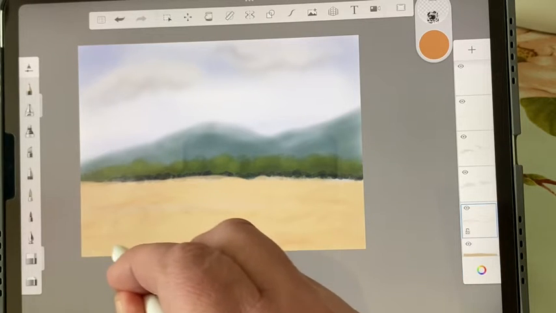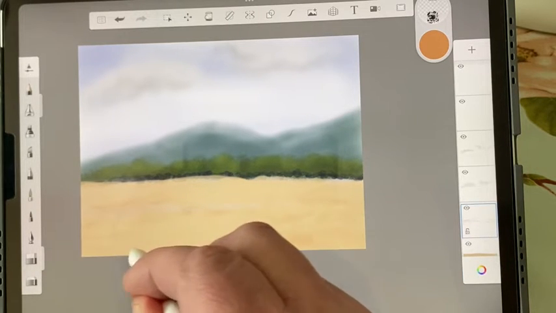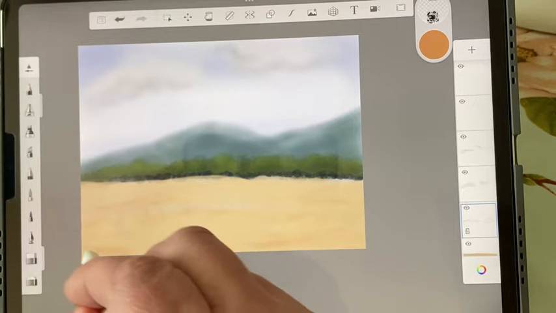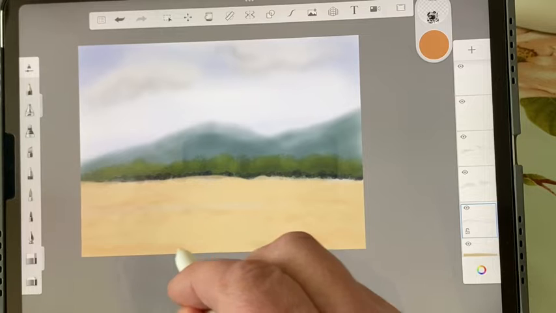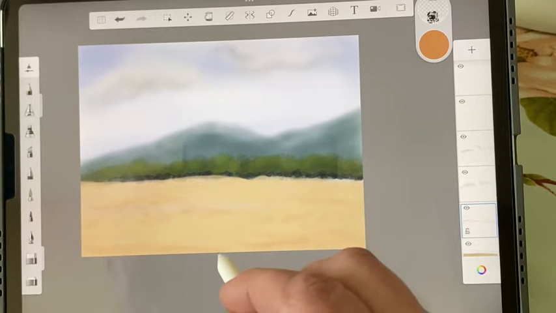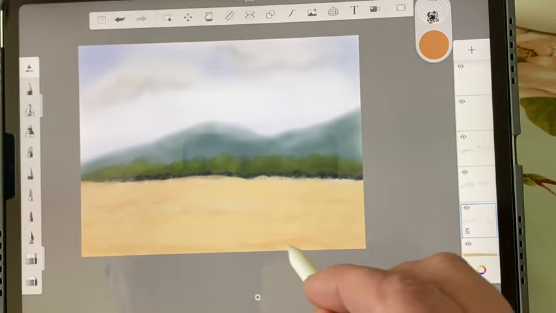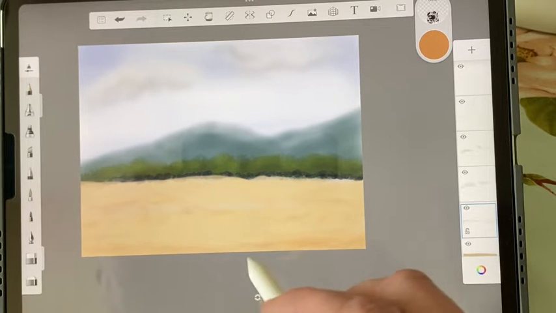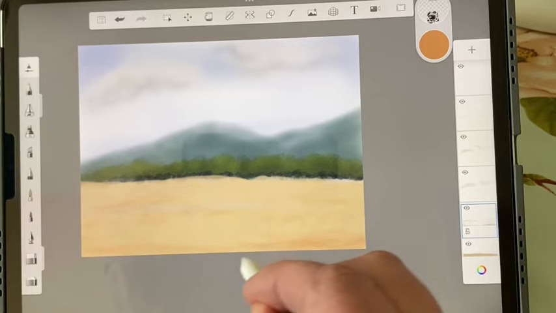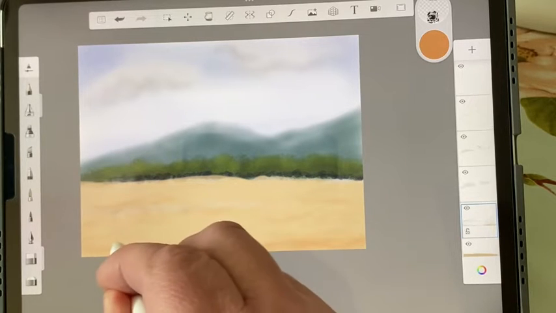So you can kind of see that although I'm closer and my opacity on the brush is low, in fact it's the lowest I've had it yet, with my pressing harder, two things are happening. First of all, my strokes are getting darker,